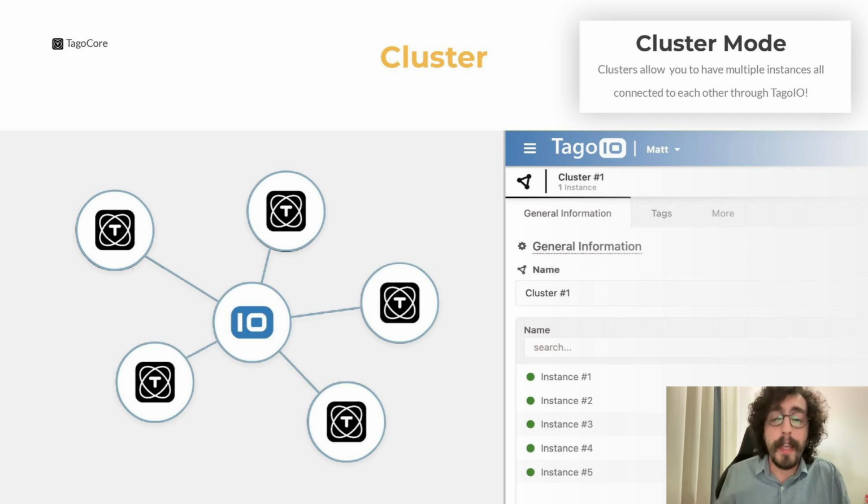Just as a side note here, I will not be talking about clusters today, but they are a very powerful feature when you want to integrate your TagoCore instances with TagoIO Cloud. If you want to show data from your TagoIO instances and your devices that are sending data to your database stored locally, you can use not only the TagoCore integration with a single instance of TagoCore, but you can also